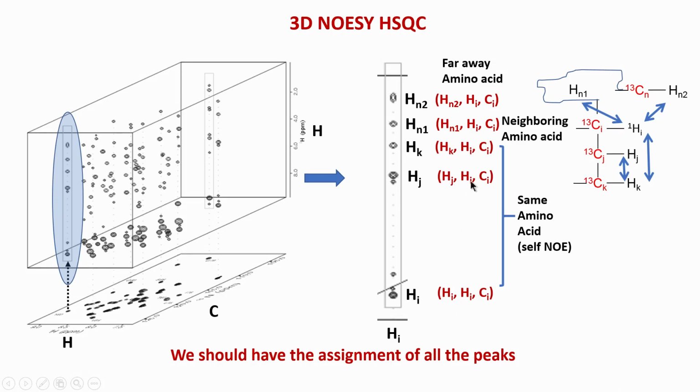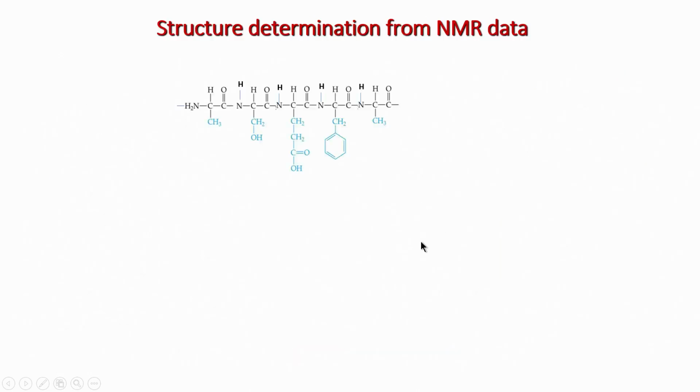But now here between Hj and Hi I am getting a peak, and the intensity of this, that is the volume, the area of this peak, will give me information of the distance between Hj and Hi. Similarly, for this peak I will get the distance information between K and I, N1 and I here, and between N2 and I here. So, each peak is carrying a lot of valuable information for me, it gives me distance. So, basically that is what we do, we look at all possible correlations between proton and proton in a NOESY, and then all those correlations, that is the peaks, are converted into distances.